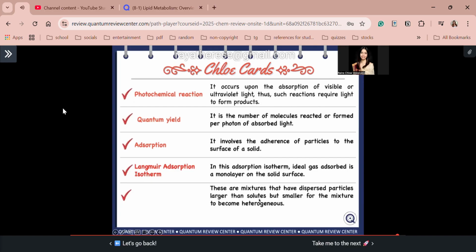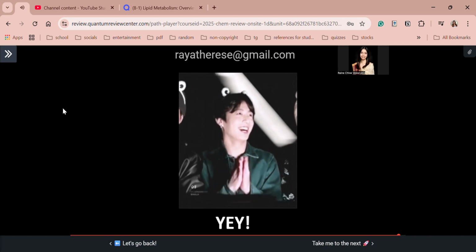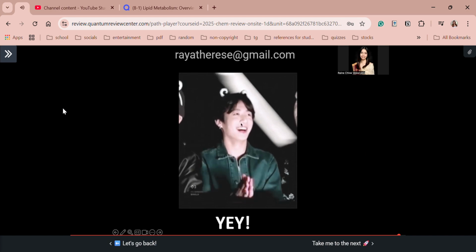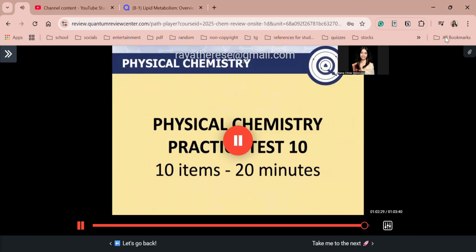And lastly, these are mixtures that have dispersed particles larger than solutes, but smaller for the mixture to become heterogeneous. Any guess? Tama, that is your colloid. And yay, we are done with physical chemistry, guys. So congratulations. You have made it to the end, diba? And so you are now ready to answer practice test 10 for 20 minutes. Okay? So guys, again,